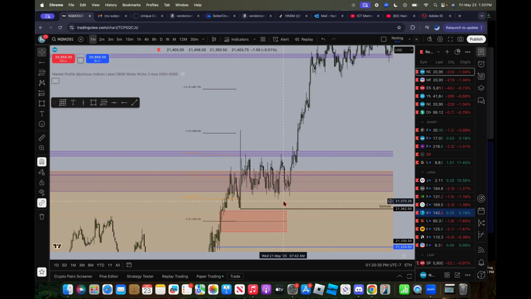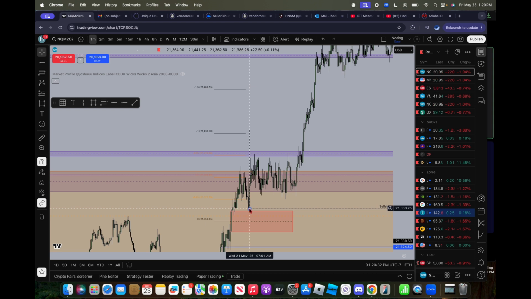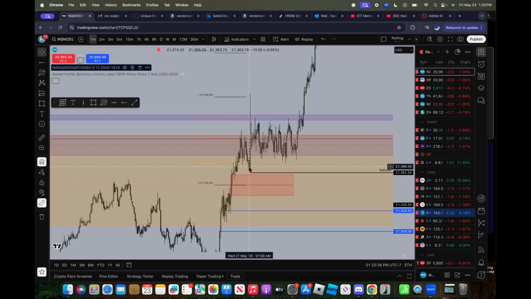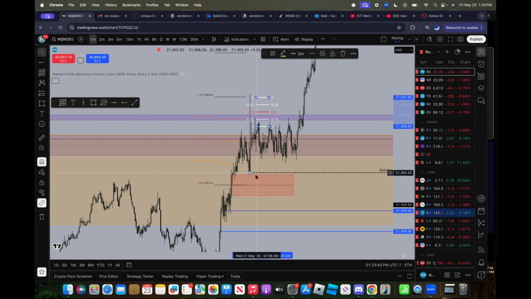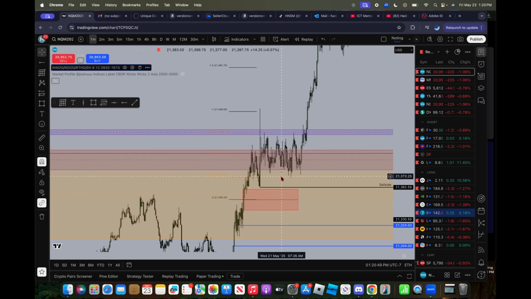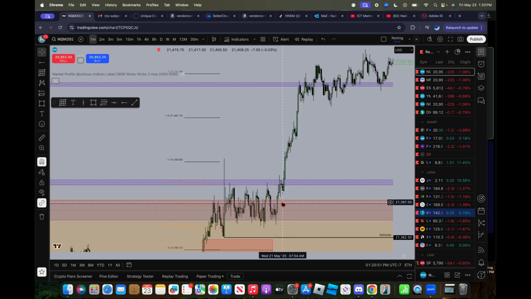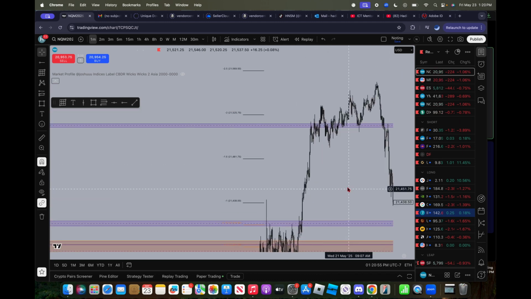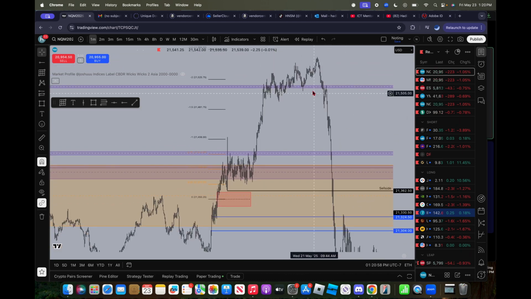And technically, this is going to be our discount level. Or we want to see it trade beneath this. This is, I guess, our 50%. Beneath this is a discount. Above this is a premium. So you want to see it trade down into a discount. And if it doesn't do that, then you don't have a long, because it's just staying within a premium, and that's usually going to be a trap. So at the end of the day, it ends up sweeping it,